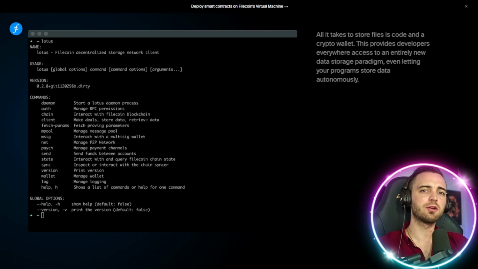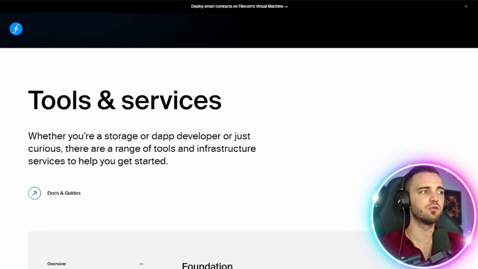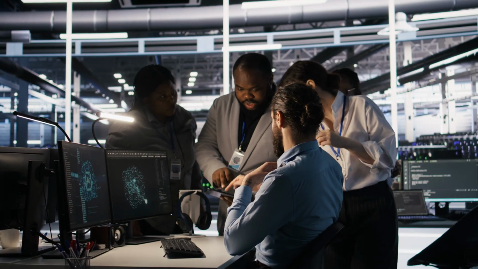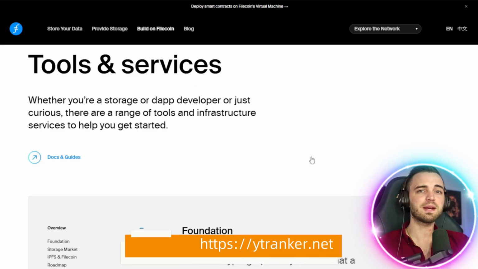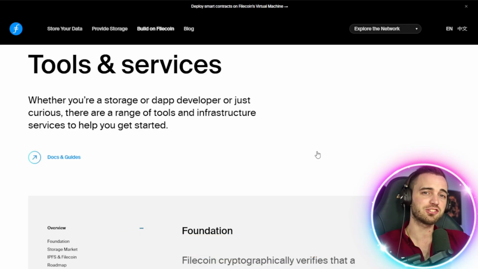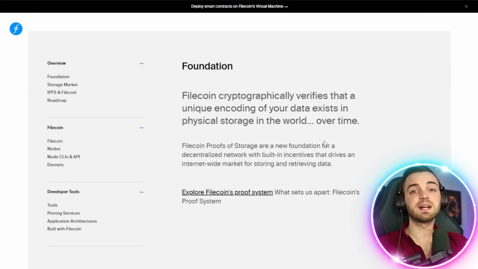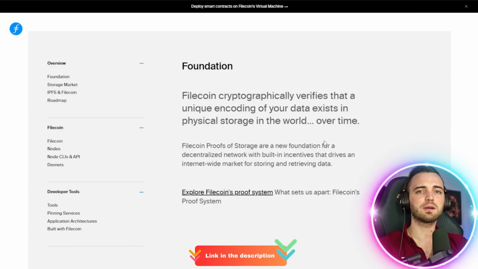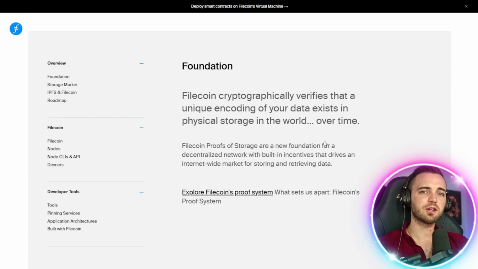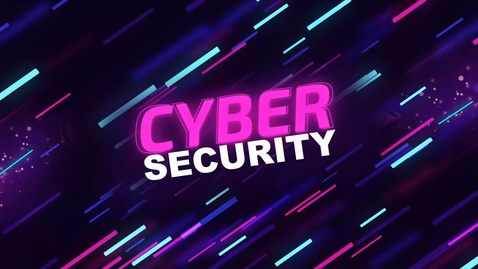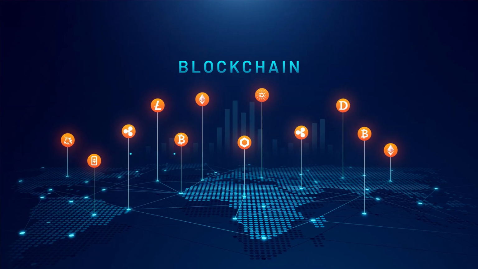This helps eliminate single points of failure and ensures true data ownership. Now, if you're part of an AI team, stick around because this is where it gets cool. AI teams can securely store large-scale data sets for model training. Filecoin's distributed structure lowers costs while increasing redundancy. The network basically uses cryptographic proofs to verify that data stays untouched and accessible over time. So even though it's accessible through this massive network, you're not actually losing any privacy or running into major cybersecurity issues because it's all cryptographically secured and uses blockchain.